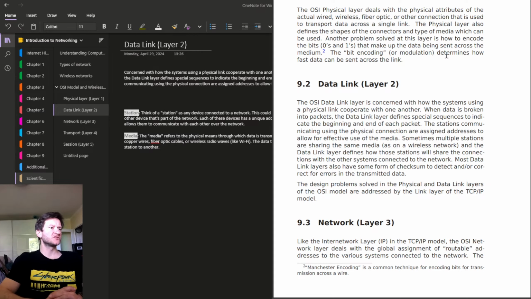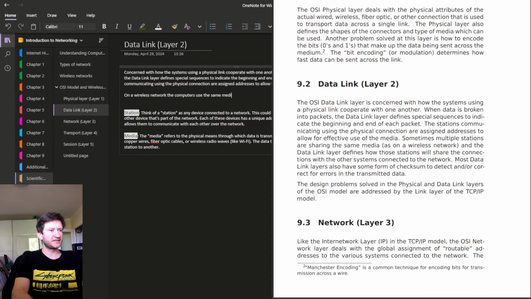Sometimes multiple stations are sharing the same media, as on a wireless network, and the data link layer defines how those stations will share the connection with other systems connected to the network. So on a wireless network, the computers use the same media, and the data link layer